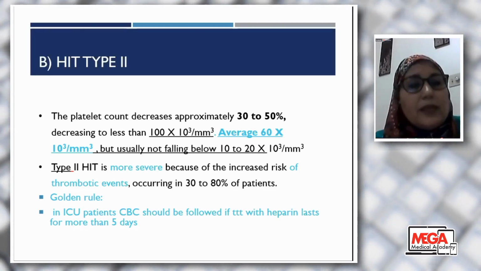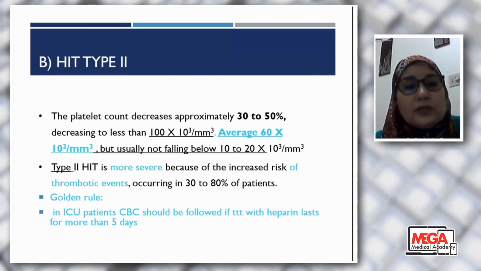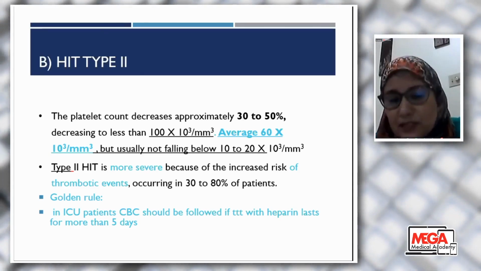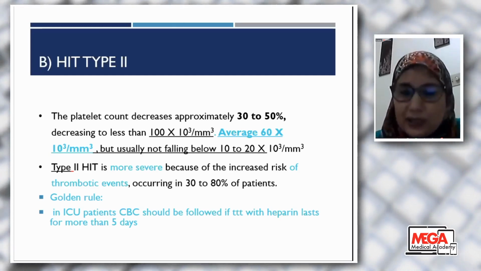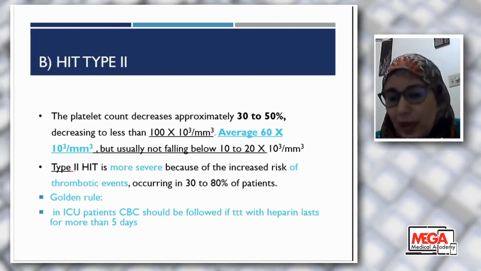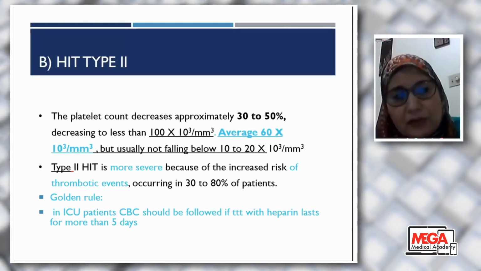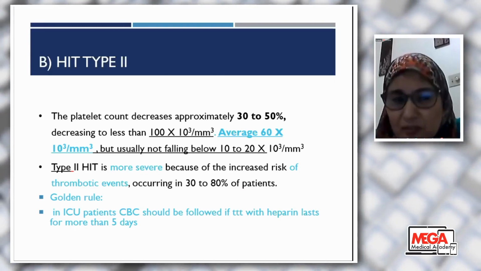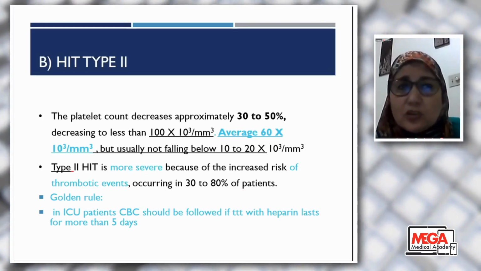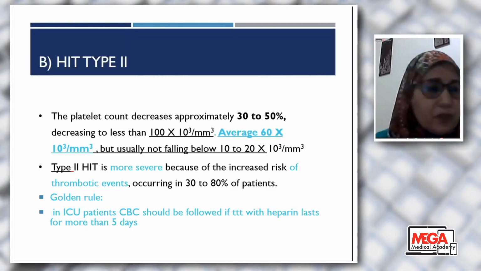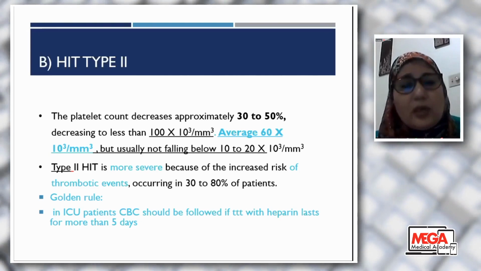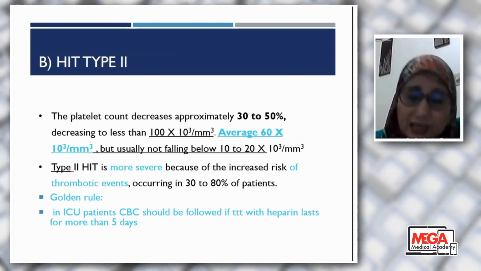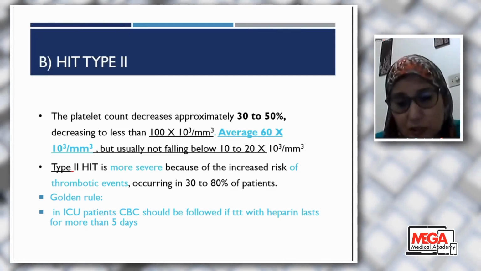So the golden rule in any ICU patient, CBC should be followed if treatment with heparin lasts for more than 5 days. Please, this is a crucial information. Whenever you treat a patient, whether with unfractionated or low molecular weight heparin for more than 5 days, not only treatment, even flush. The patient may be in the ICU, and for flush for the central line or the arterial line, we use